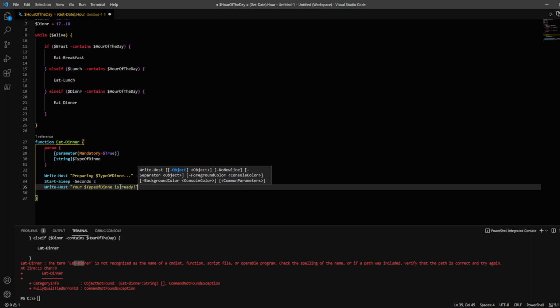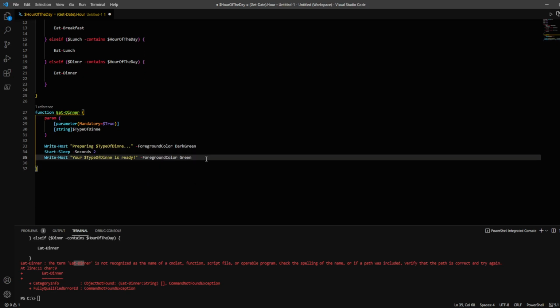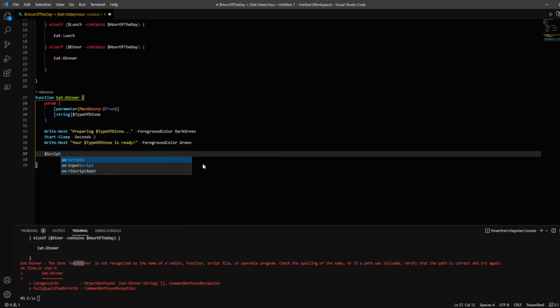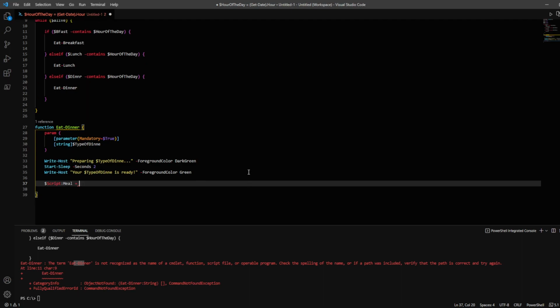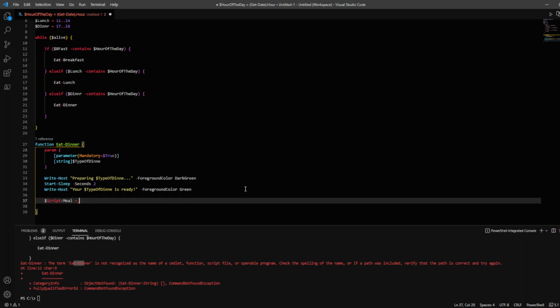Whoops. Now I need to stop there, and is ready. So our dinner is ready, and we're going to say that's in green because it is fantastic, not dark green, not pending any longer. And then we are going to return our meal, whether it's breakfast, lunch, or dinner, because we want to know what we ate, I guess, throughout the day. So we're going to say that our, let's do it like this. Say that our